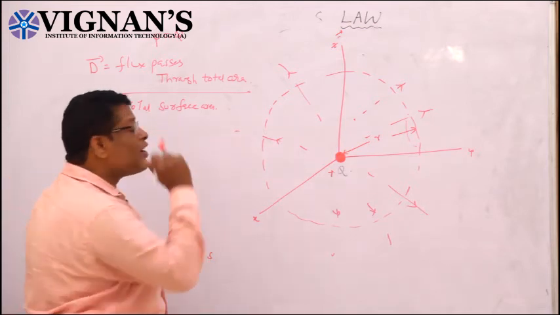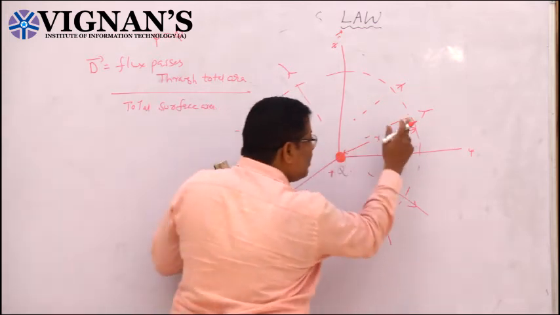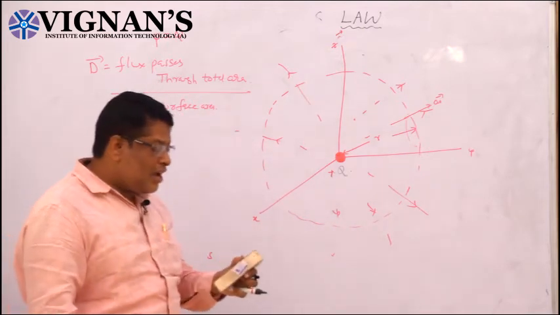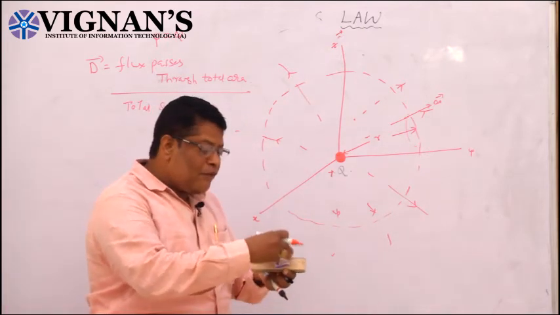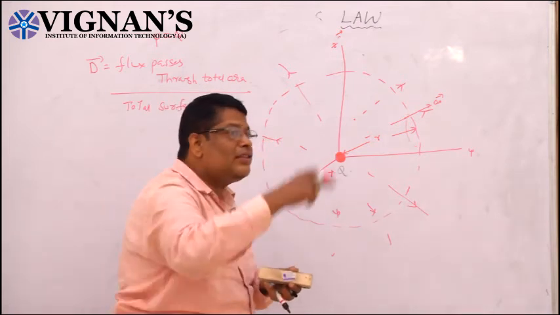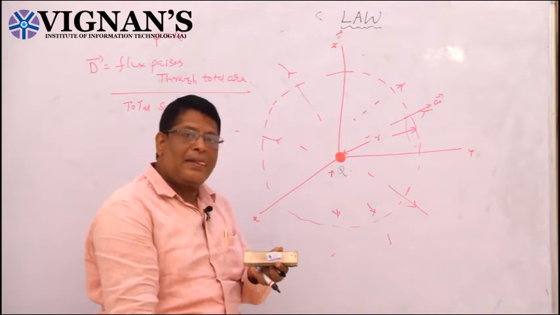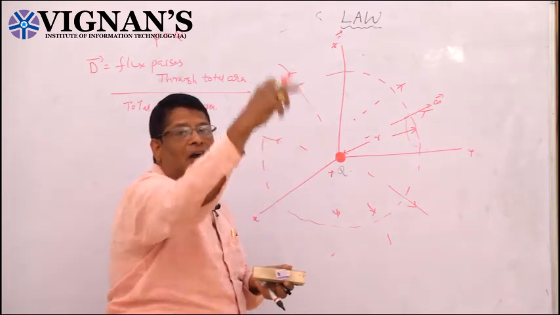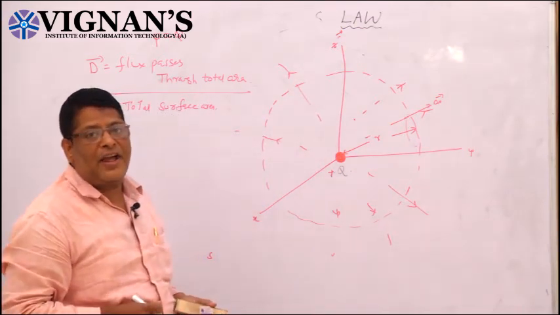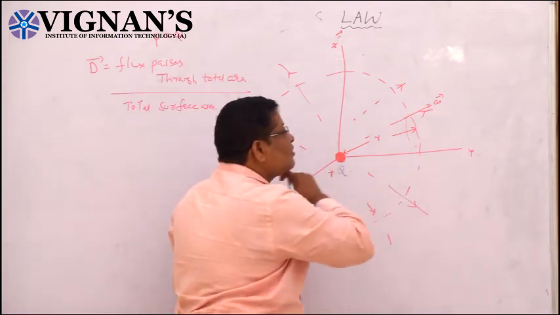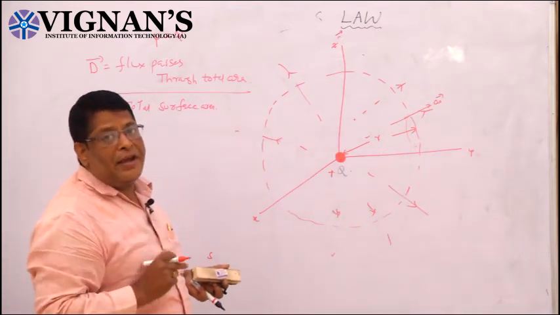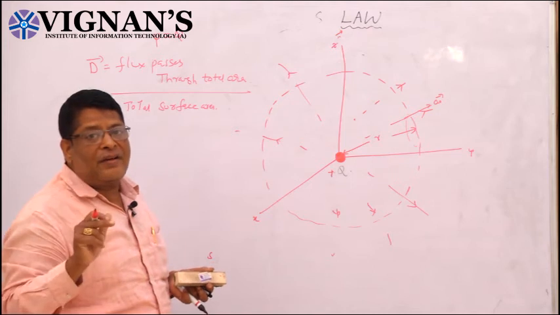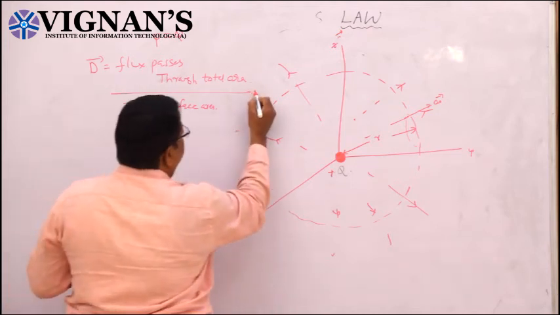Now what is the direction of this flux? The direction of the flux here is the radial direction, a r bar. See here, if this is the origin and at this point we take the point charge, the flux lines will be in this direction. Around the charge we have taken the sphere, so the flux line direction is the radius of the sphere. All flux lines are in the same direction as the radius of the sphere, so the direction of the flux density is the same as the direction of the flux lines, that is a r bar.